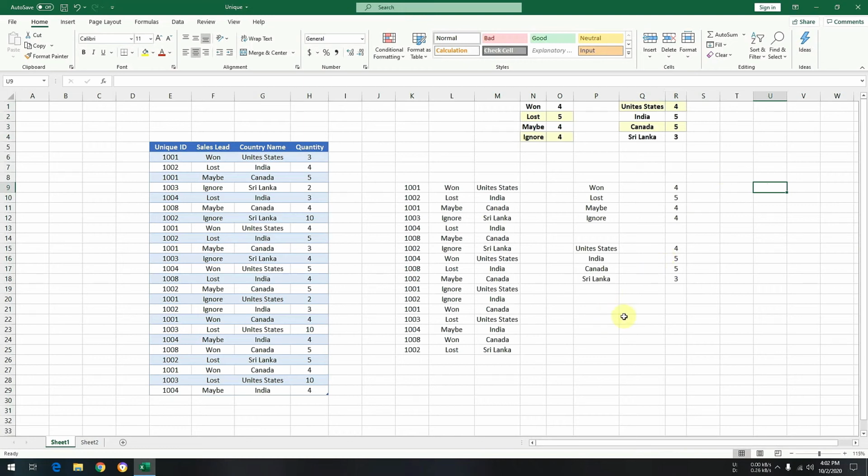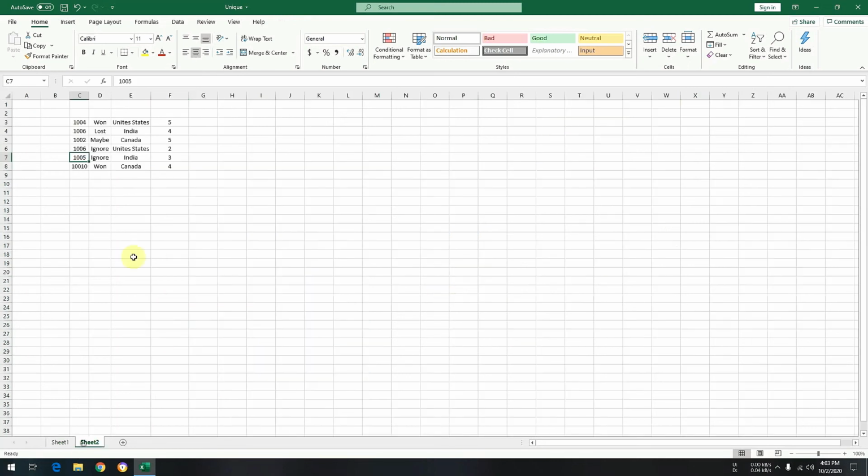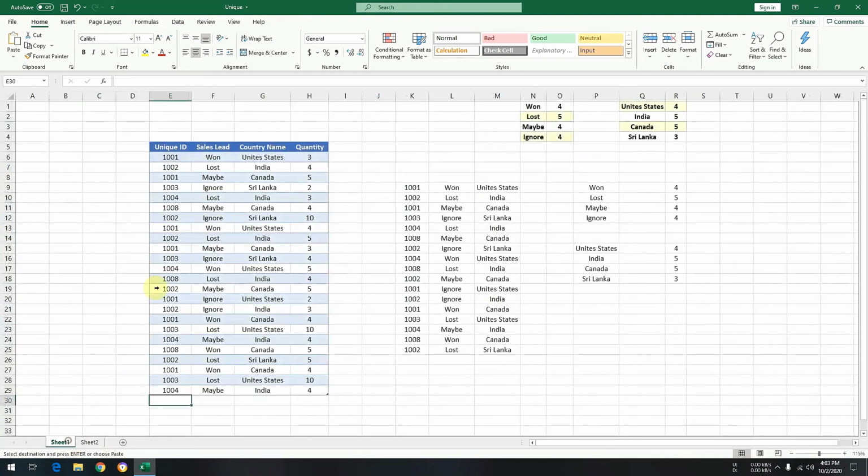Now I want to show you one more thing, that whatever I have done here is dynamic. That means that if I add any data underneath it, these numbers will automatically update. So we have to do this exercise just a single time, and we keep on adding data here and these numbers will change accordingly. Okay, so I have another data set here. I will copy it here using Control C, come here. Now see on these numbers, these numbers are going to change